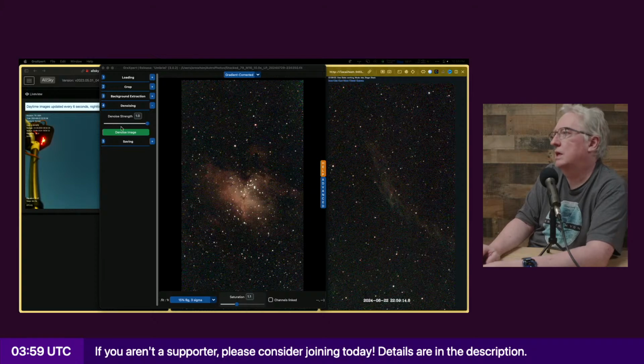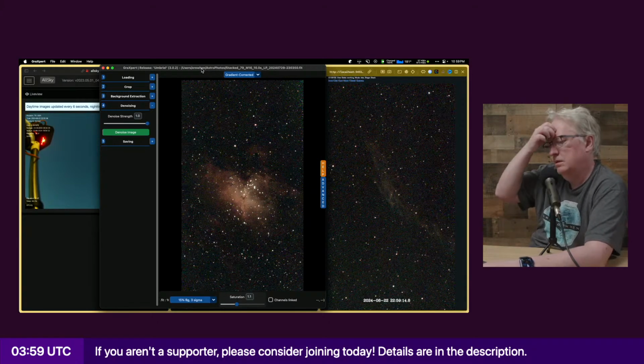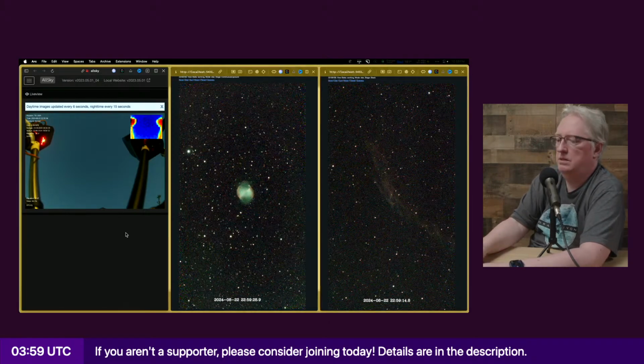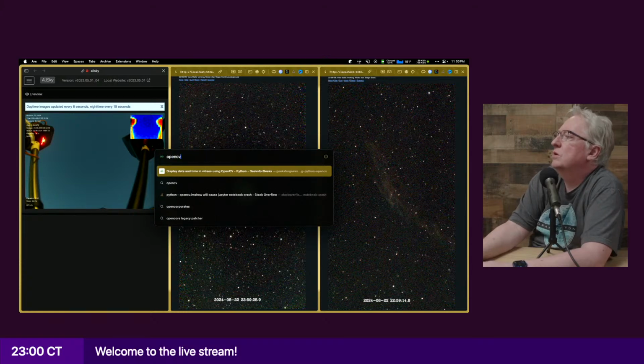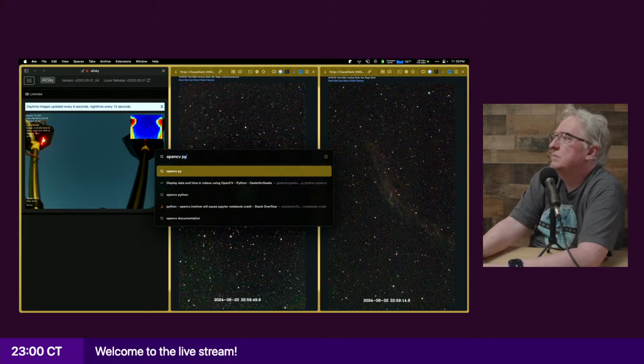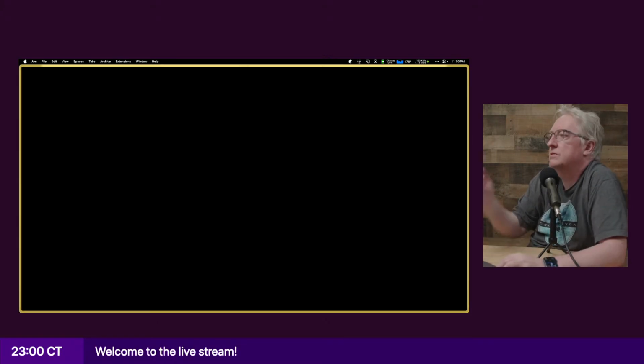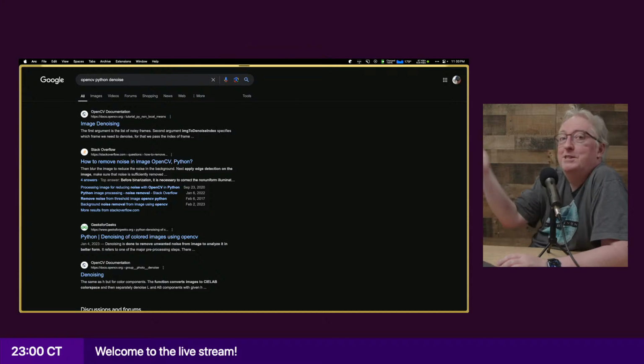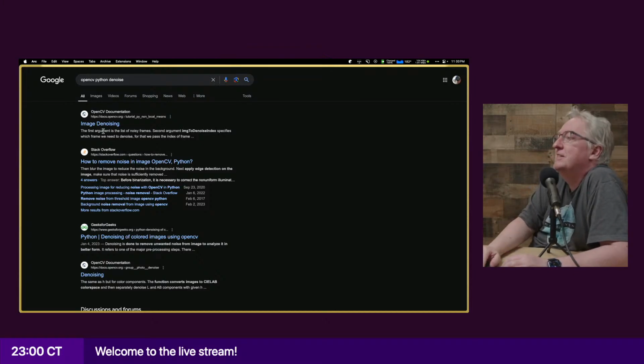But if we look at, actually, let me see, because I'm using OpenCV denoise. Image denoising. There you go. Oh, noisy frames.